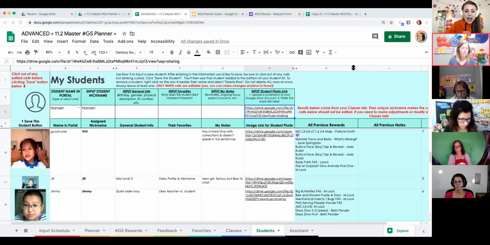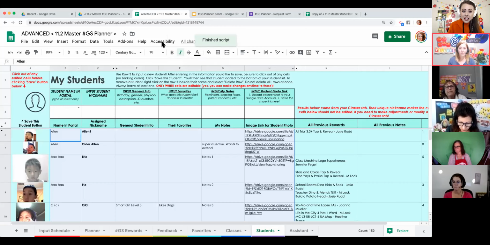And if you're not familiar with that, I can stick around afterwards for just a minute and show you how to put that photo in there. But there is a video on my YouTube channel that shows those exact steps on how to put your photo in Google Drive and get that shareable link, okay? So I would want to click Save This Planner. So once I click Save This Planner, it's going to show me,